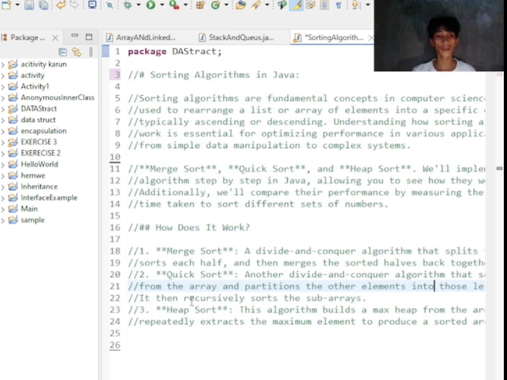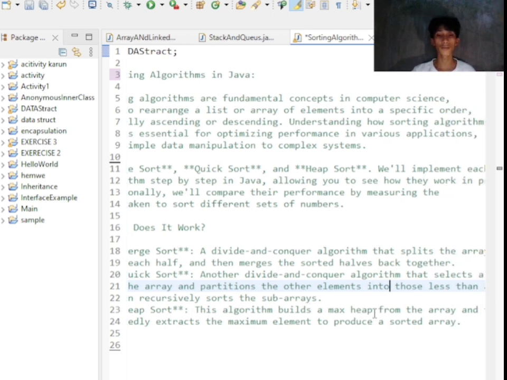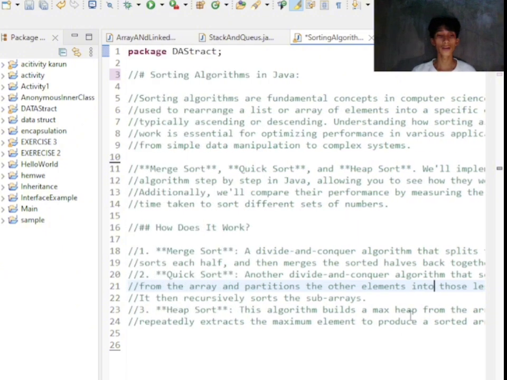It then recursively sorts the sub-arrays. Now the heap sort: this algorithm builds a max heap from the array and then repeatedly extracts the maximum element